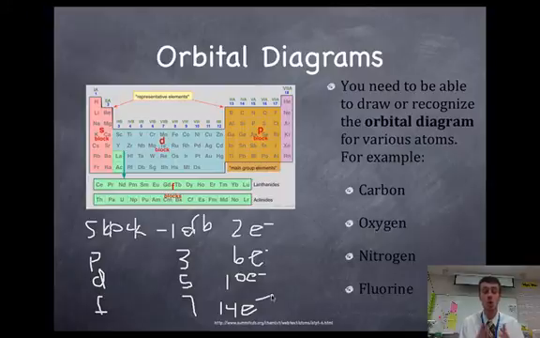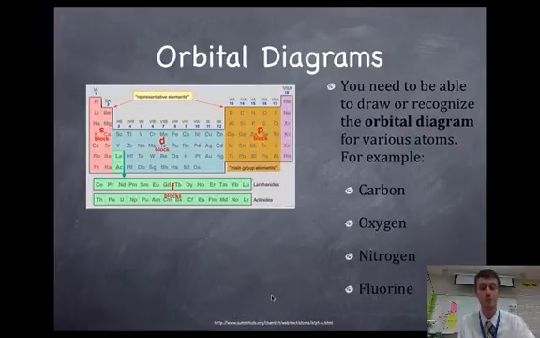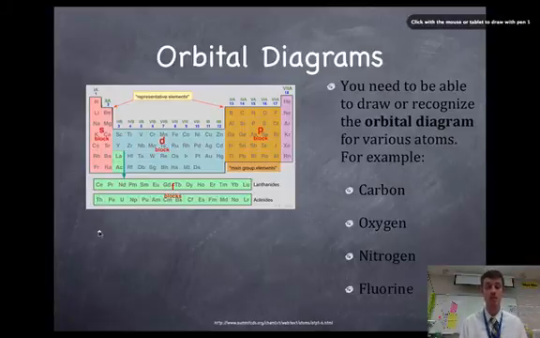So that's one thing that you kind of have to remember for when you're doing these orbital diagrams. If I'm doing an orbital diagram for carbon, I'm always going to follow my yellow brick road. Like last time I said, you're going to follow Aufbau's, that Aufbau principle. And to do that, the first thing you're going to need to do is